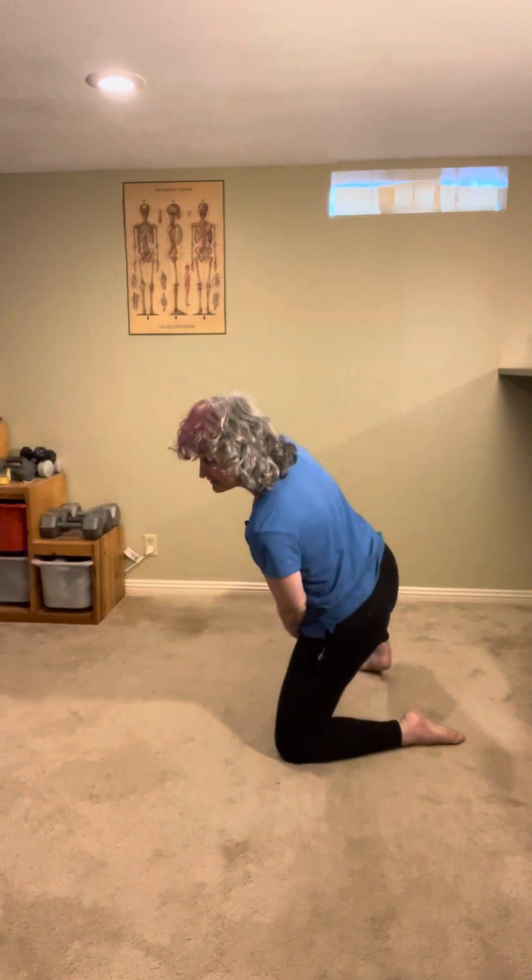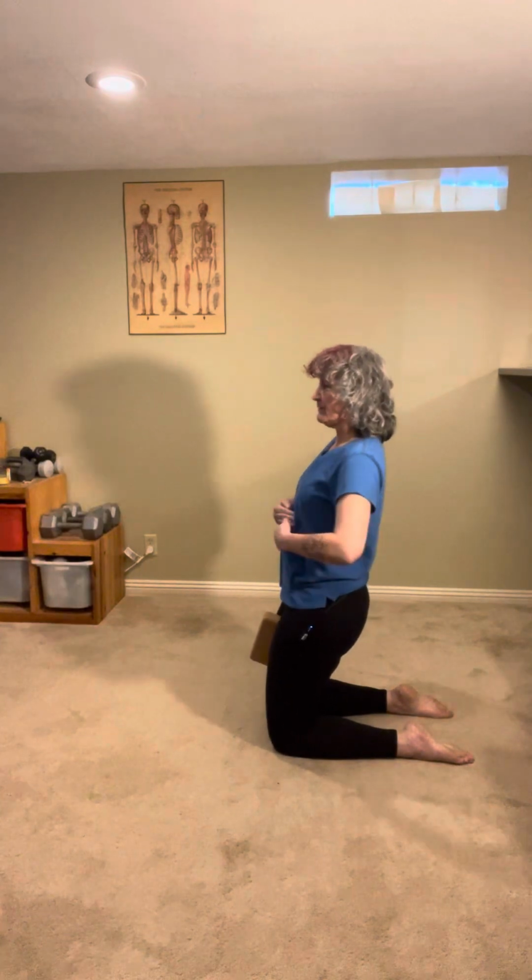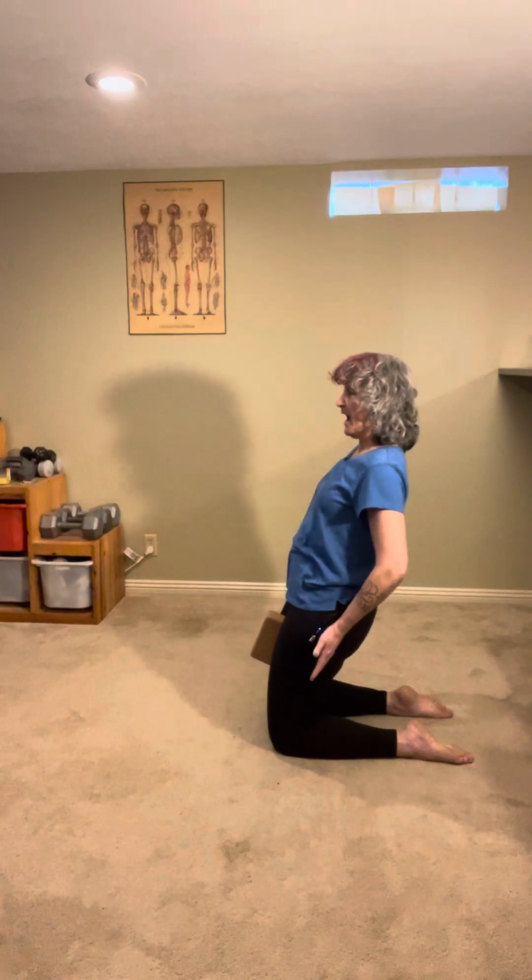They're in a neutral position. I'm going to take the block, I'm going to put it at the top of my thighs again so that I can squeeze the block. And I'm going to try and hinge backward. Now I'm not arching, I'm keeping my ribs pulled in, and I'm squeezing the block, and I'm trying to keep